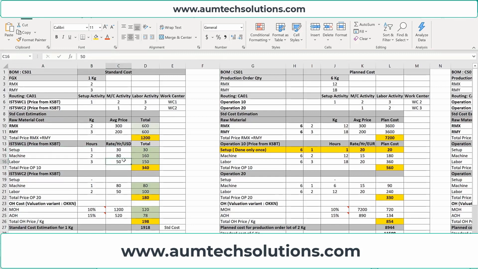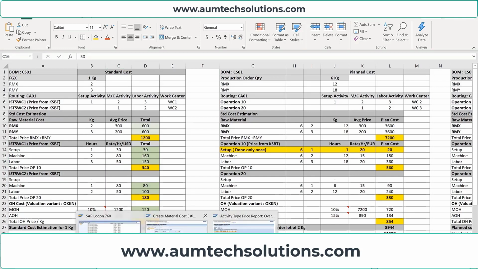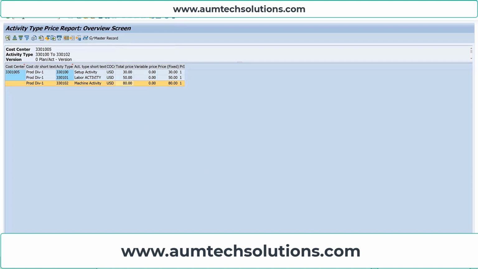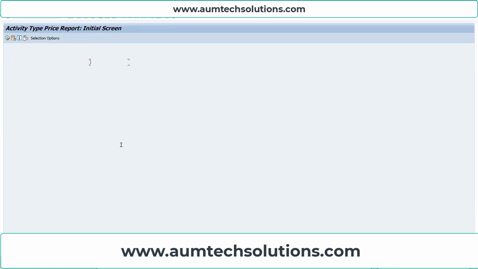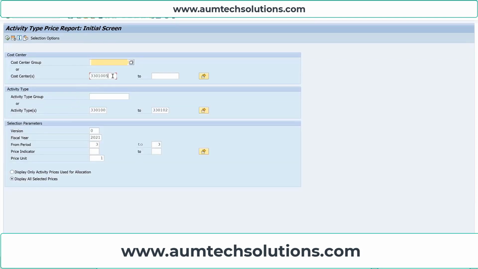So this is coming from the cost center planning that we have done. That can again be verified in the transaction code KSBT. So you can go to transaction code KSBT, enter your cost center 3301005. So this is the production division 1, which is receiving these values. So enter your cost center, and the activity type is from setup activity to the machine activity, and period is 3 currently, and